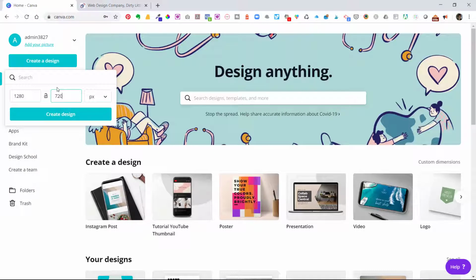By using this size, it will fit on most platforms that you're using. So your blog post, if you're posting onto YouTube and your other social media channels, you might want to put the text in the middle just in case it gets cropped off, because it's not the perfect size for all the different platforms, but it's a decent compromise. If you click on create design,